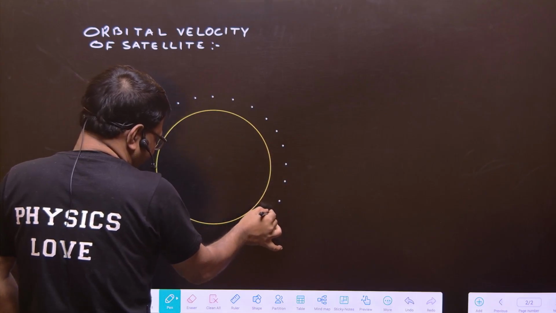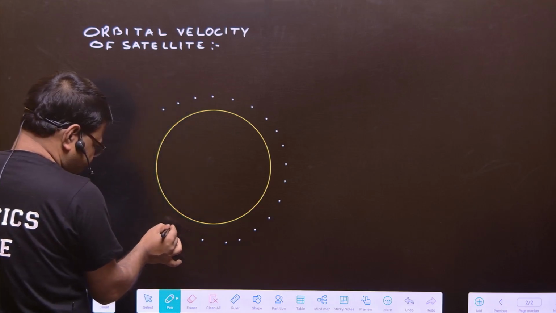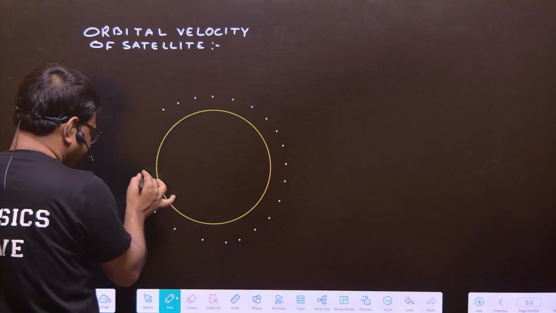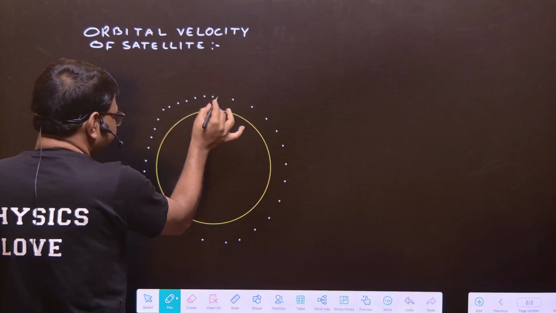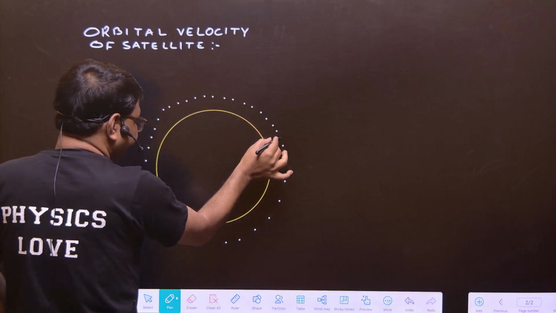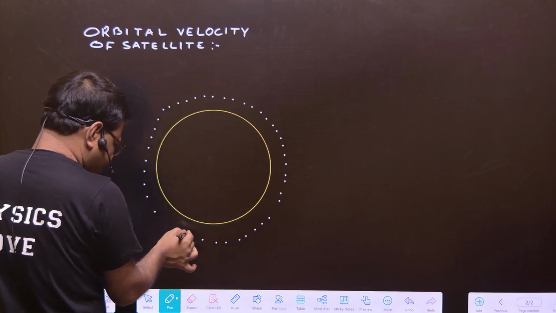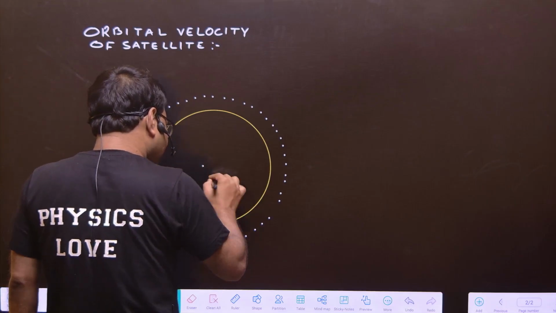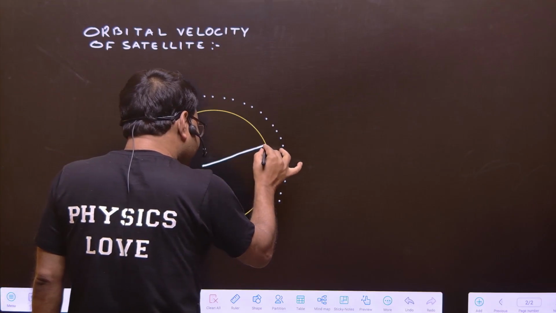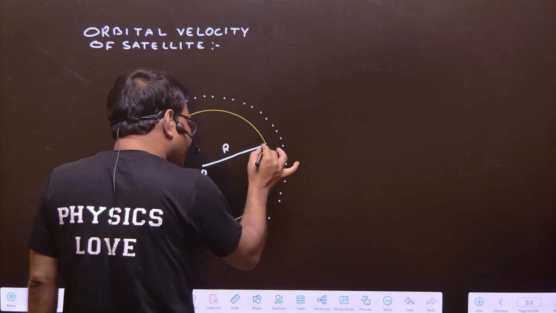Assume this is the circular orbit. Assume this is the earth, the center of the earth is O, and this is the radius of the earth,